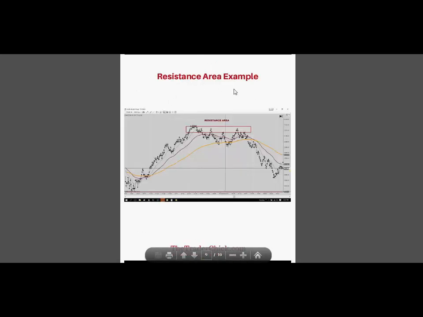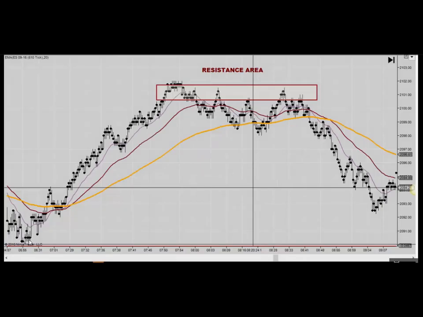All right, so let's look at the resistance area. So here we have a market that is going up, up, up, and all of a sudden it keeps on hitting this area. This is a resistance area. A resistance area gets hit at least, I like to have my rule of thumb about 3 times for me to really consider it a full on area. A strong resistance area is when it hits the area several times and then changes the direction of the market. So it went from an uptrend, now it's in a sideways trend, right? Which is hitting this particular area, and then it turned and went into a downtrend. This is a strong resistance area.